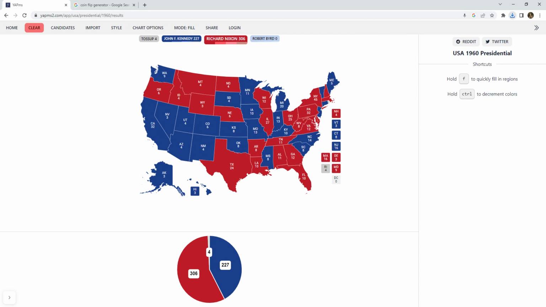So pretty solid victory. It kind of looks like a 2016 margin. I believe this was the 2016 electoral count, not the map, not the states itself, but the count, when Trump got 306 and Hillary got 227 or somewhere near that. So pretty similar to the 2016 count, just with a different map. And like I said, Nixon takes it.